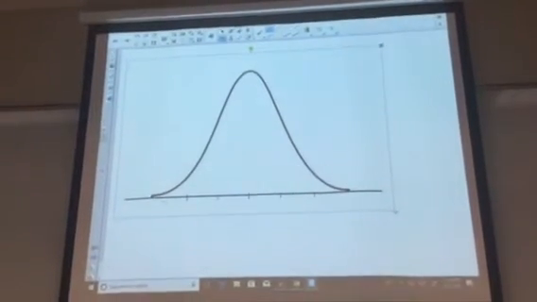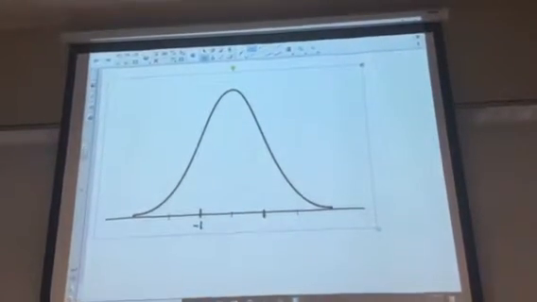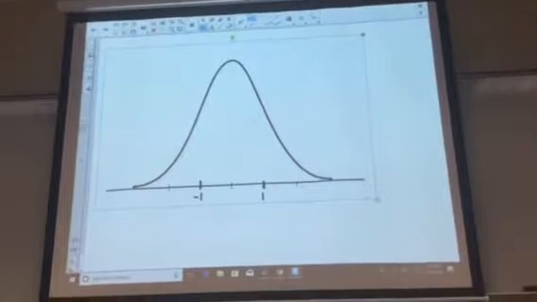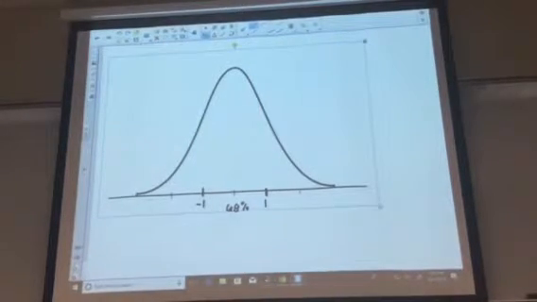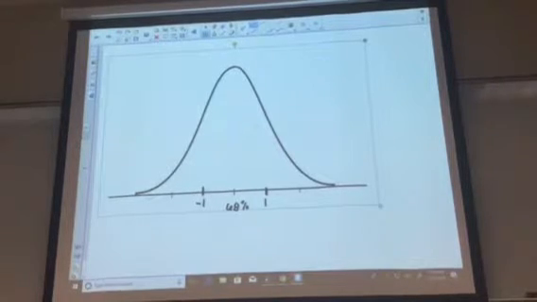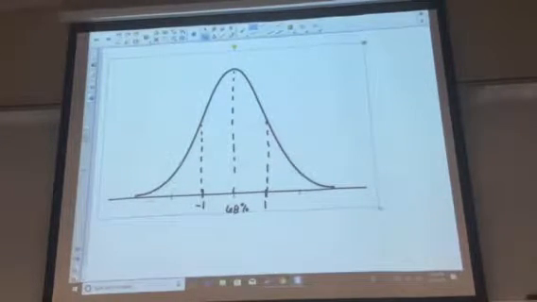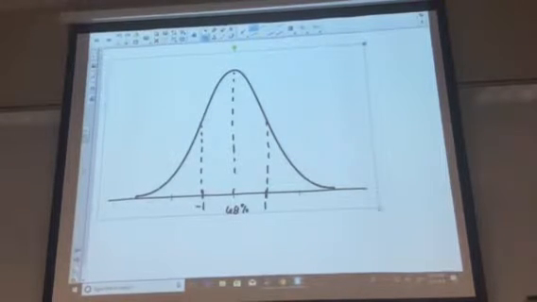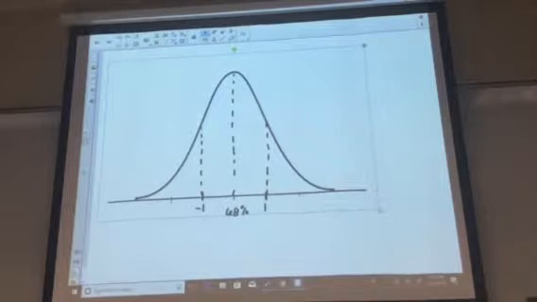Okay. What do we know happens between -1 standard deviation and +1 standard deviation? 68%. The curve is symmetric. So what part of that 68% is above the mean and what part is below the mean? The curve is symmetric. Because the curve is symmetric,